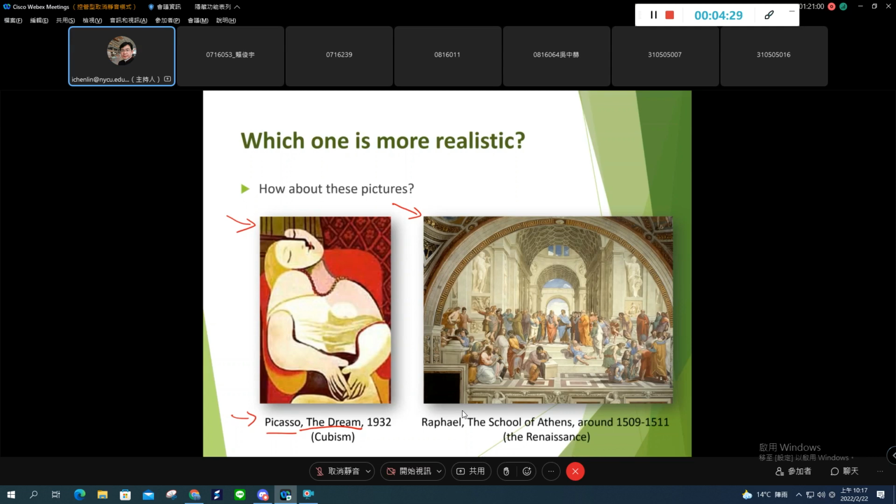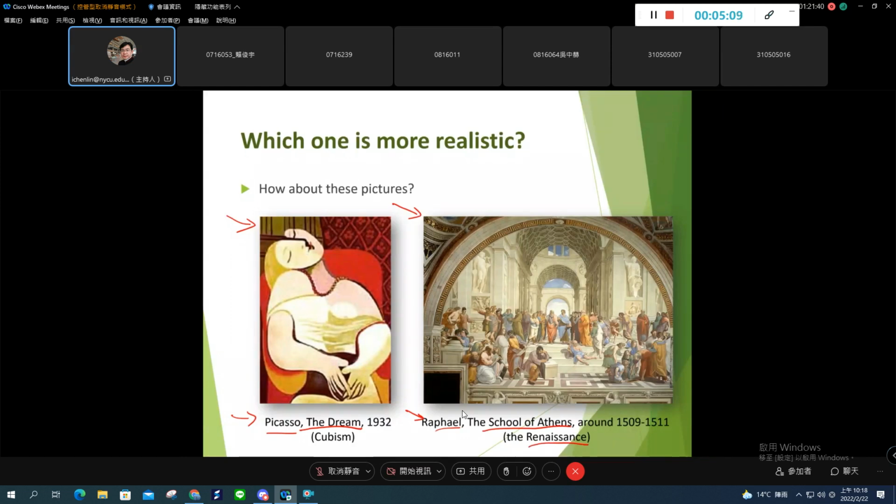The right hand side is an earlier work by Raphael, the famous Italian artist, and you may know similar names from Ninja Turtles or some comics. This is one of his masterpieces, called The School of Athens, in Chinese 雅典学院. It is from around the 16th century,